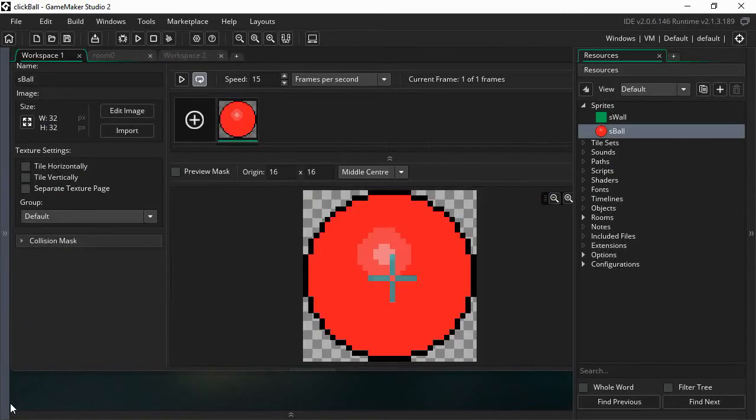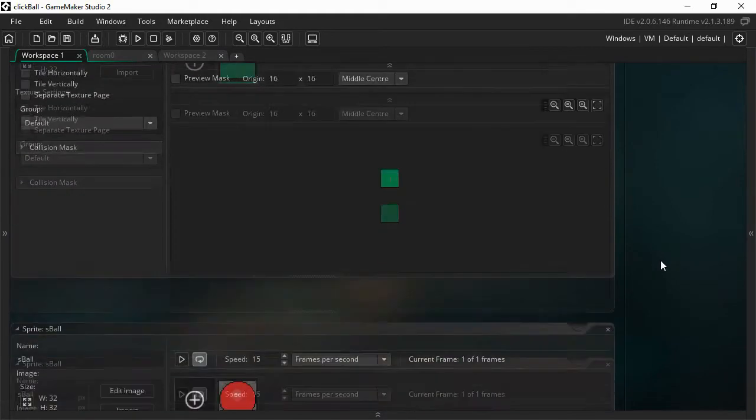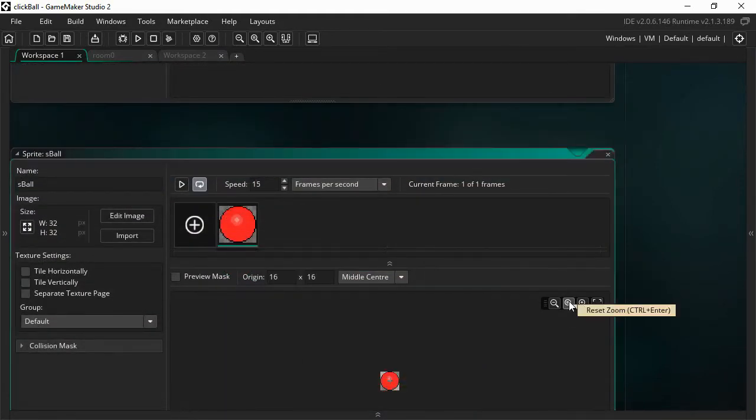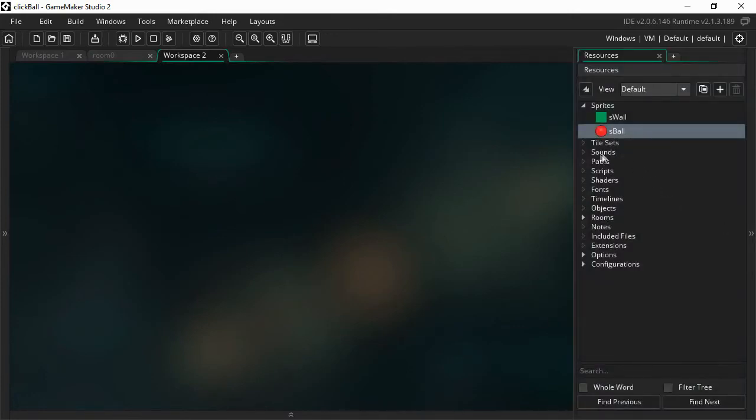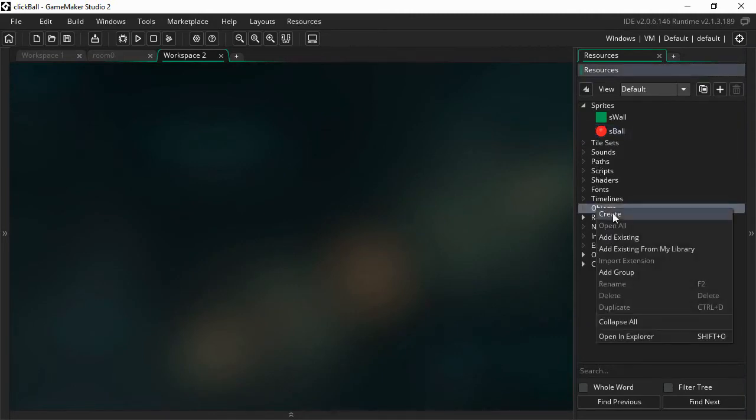Next, we will make the object for these two sprites. Now, on this workspace, we have these two sprites. So now let's go into the actual size. We will do the objects on another workspace. Okay, there's nothing here, it's empty. It's one thing good about workspaces. And I'm going to do the same thing, that is right click on the object folder, create, and now you get